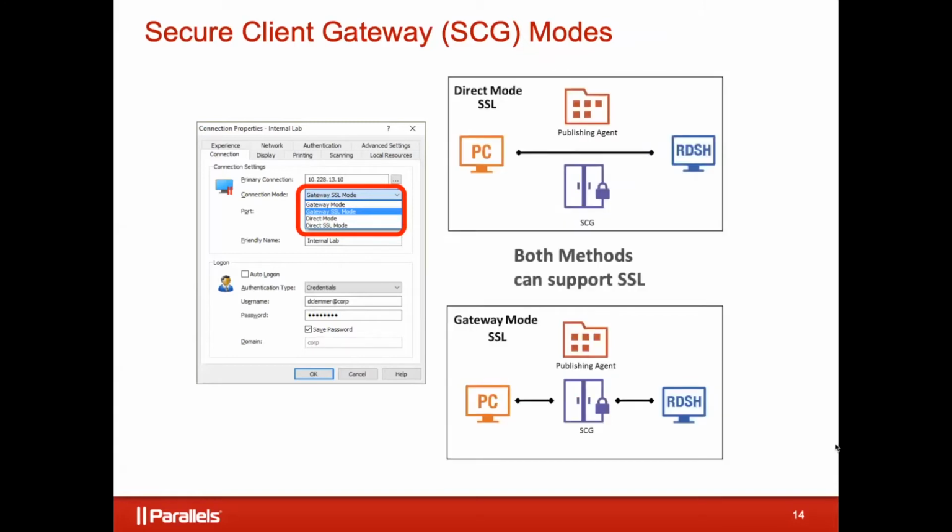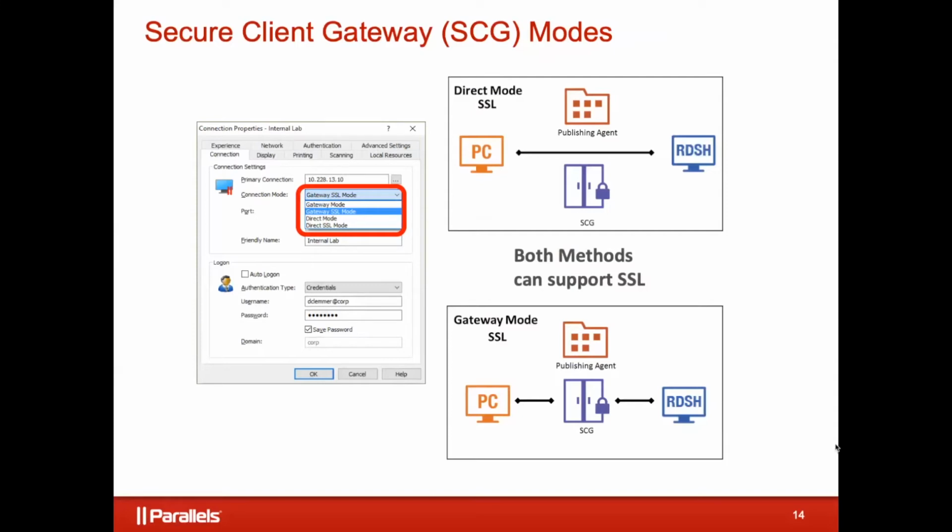And then both methods support SSL. They can be encrypted or not encrypted. So why would you choose one or the other? Well, direct mode actually is pretty nifty. If you're in the office and all your end users and your server gear and all that is all on the same network, meaning there's no firewalls or anything in between them, then your end users could get away with just direct mode. The connection initially is a little bit zippier, I guess. Once they're up and running and the connection's established, it's pretty much the same. I haven't noticed anybody that notices a difference in speed. But the initial connection, because you're not having to go through the gateway server, is a little bit quicker. You also might be able to scale just a little bit more using direct mode versus gateway mode.